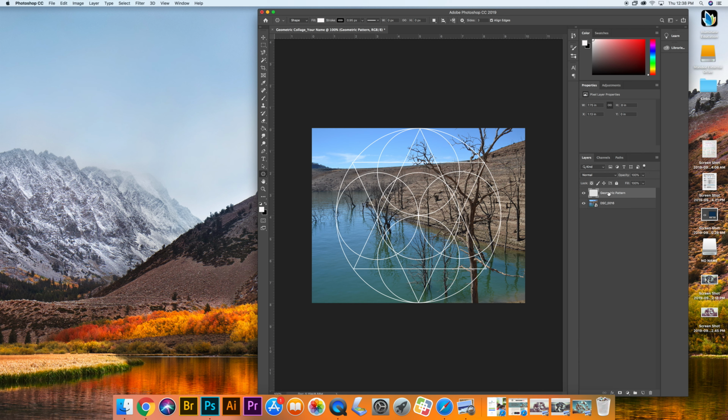All right, so on your geometric pattern layer, you're going to grab your magic wand tool and click in any of the spaces. So I'm going to use this top corner for my first rotation. I'm going to click in the center of it, then I'm going to go back to my photograph and I'm going to press Command-C to copy it, Command-V to paste it, and you can see it says Layer 1 right here now, where I made the copy